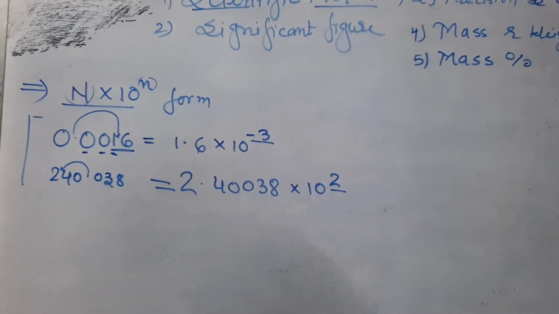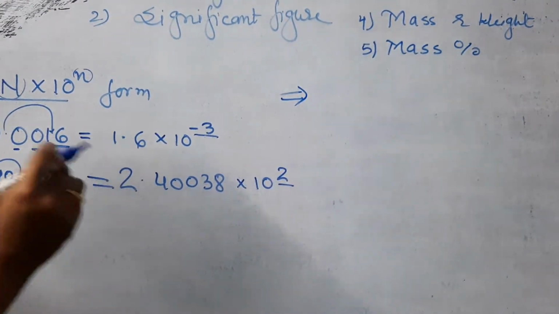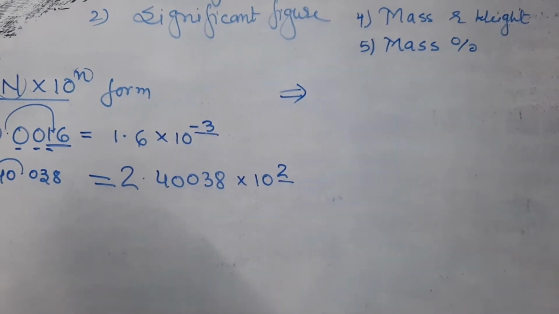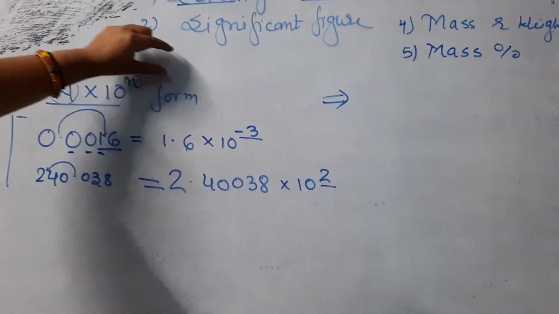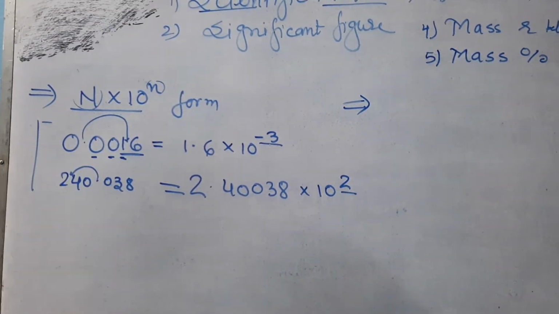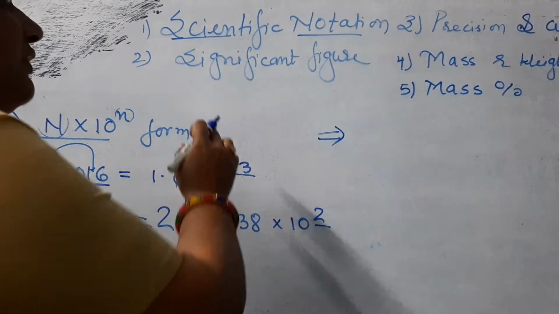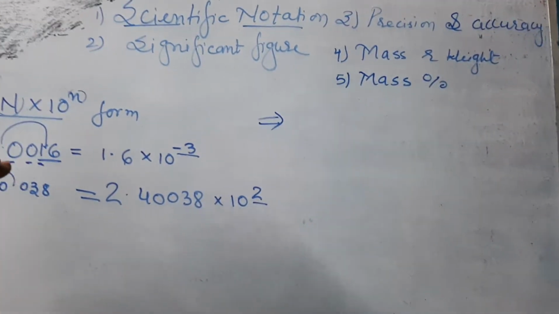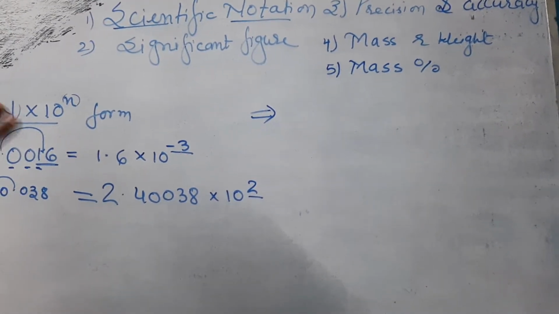Now I come to the next topic. What is a significant figure? Significant figure means the essential or significant digits present in that particular figure. You have to note down the proper definition from the book, and then write 2 examples. Here I am saying the definition, but you have to write it down from the book. In significant figures, those numbers which are significant in a given figure are known as significant figures.